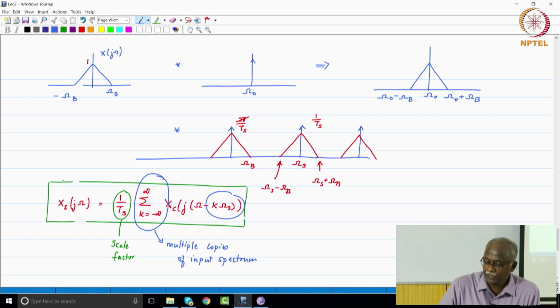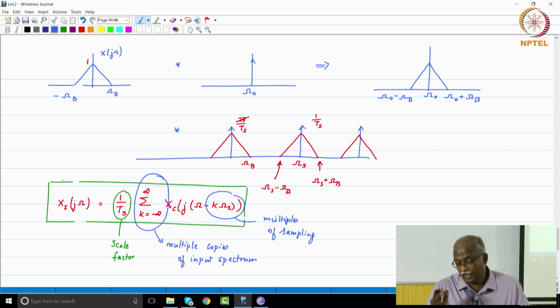And these input spectral copies are separated by multiples of the sampling frequency. So, that is multiples of the sampling frequency. And all of these are very important in our study, because we are going to be talking about multiple sampling rates, but at the same time the ability to reconstruct. So, therefore, multiples of the sampling frequency. Okay. So, one interesting observation which we can draw from this